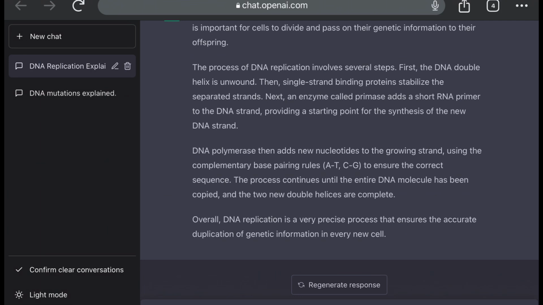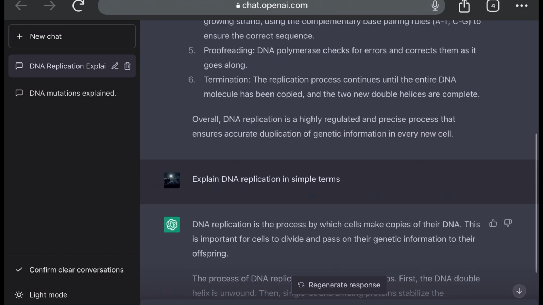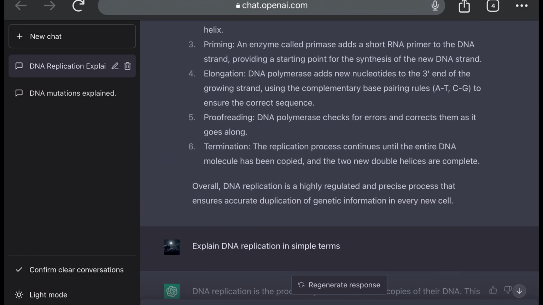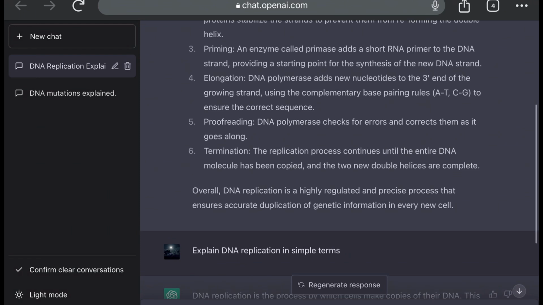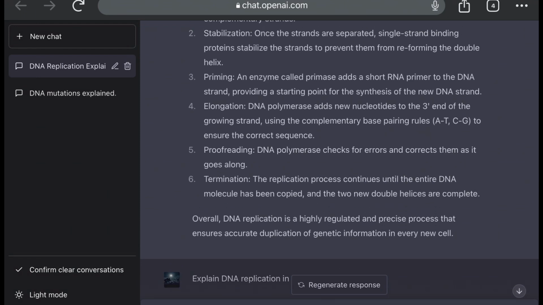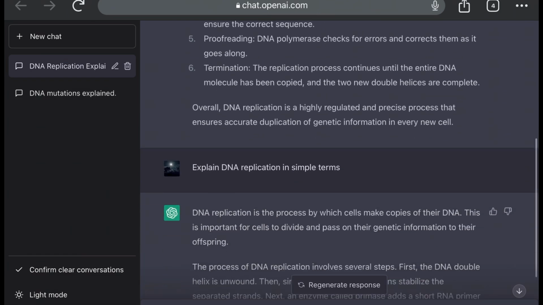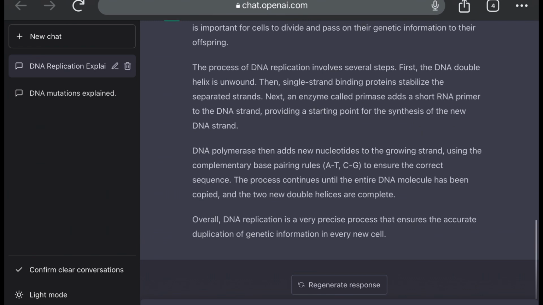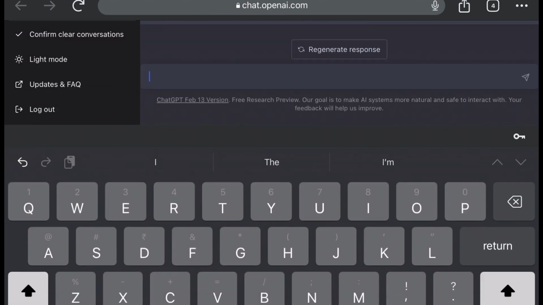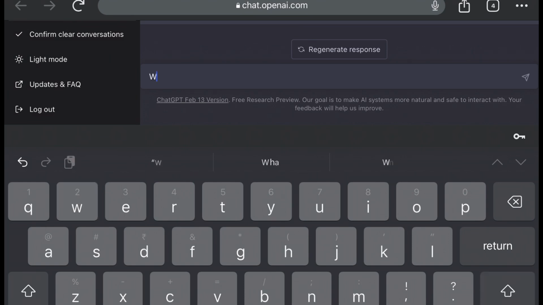He learns some words like DNA polymerase, and he can learn proofreading, priming, primase. What if the student doesn't know what primase is, and doesn't know the function of primase? In such a case he can again ask ChatGPT, what is the role of